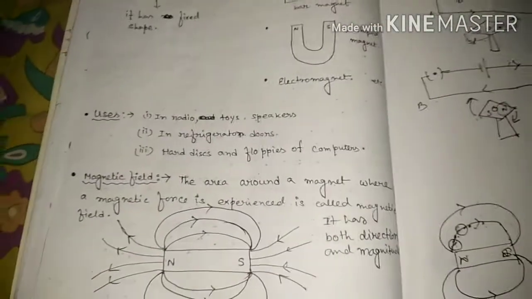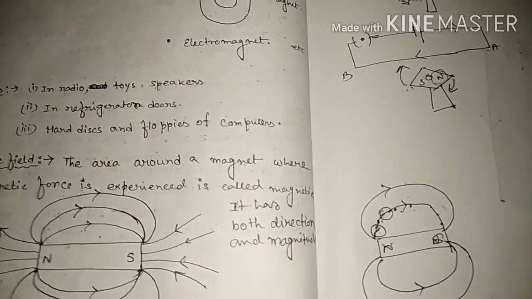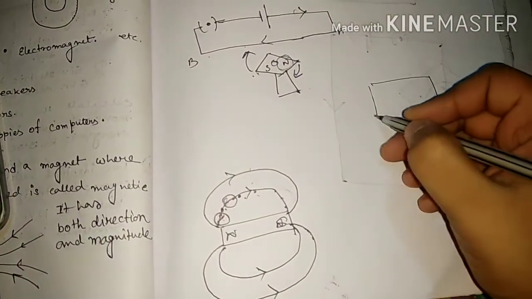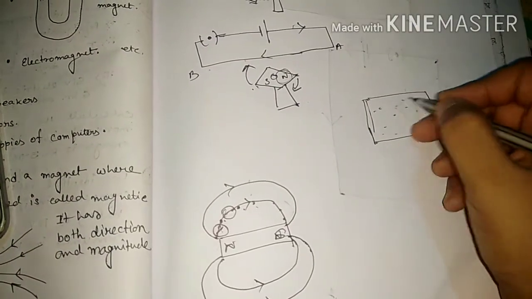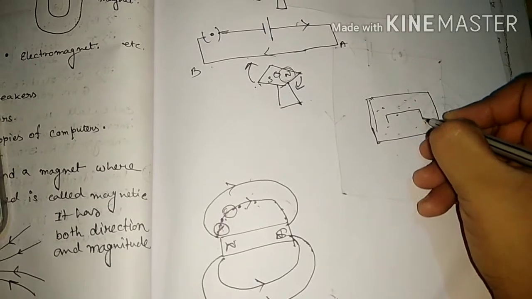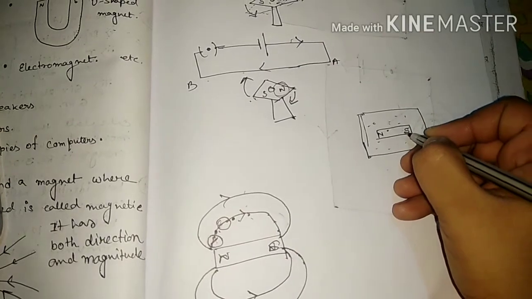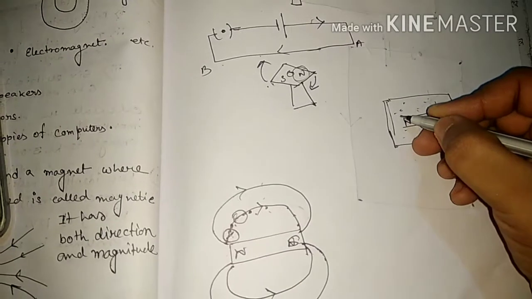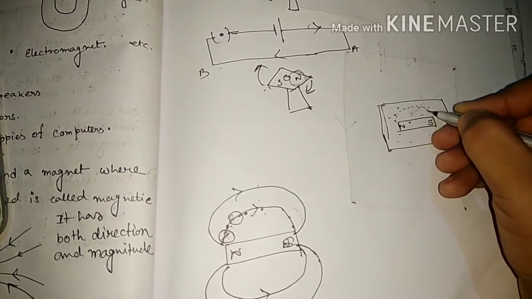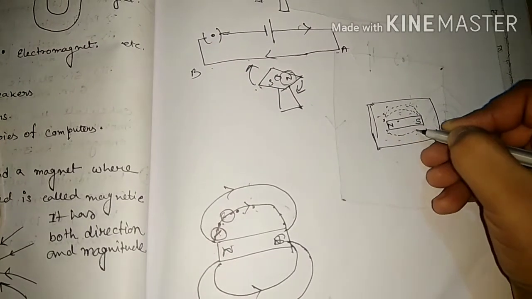In 13.2, in that activity, if you have some iron filings and a bar magnet, you just take one white paper. Suppose this is a white paper, and you spread some iron filings over there. Now, if you place a bar magnet, suppose this is north pole, this is south pole, when you place the bar magnet, these iron filings are arranged in some pattern. Just see in your book, it looks like this dotted pattern.